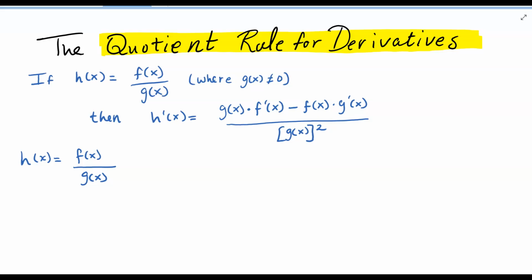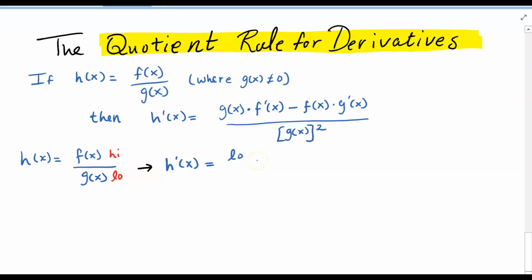So what I'm going to tell you is, let's say f of x and g of x are these two functions, f of x divided by g of x. That's what h of x is. So I'm going to call the one on the top high, because it's on top, and the one on the bottom low. High and low. So if I want to know h prime of x, I'm going to say that the rule is